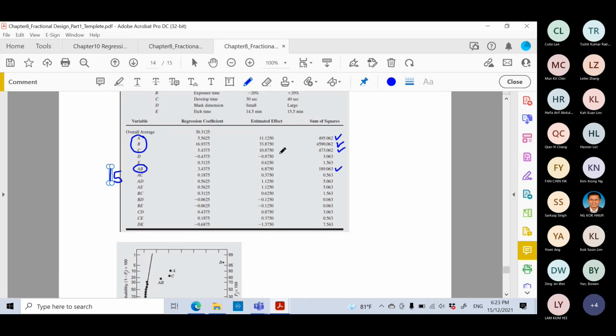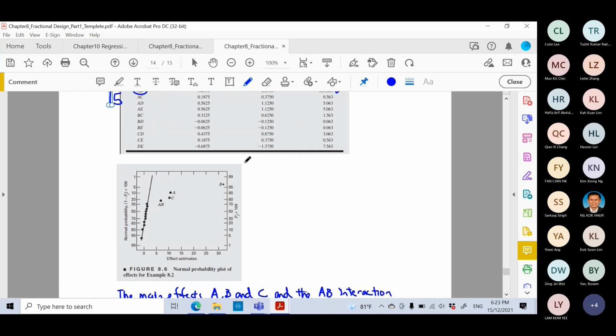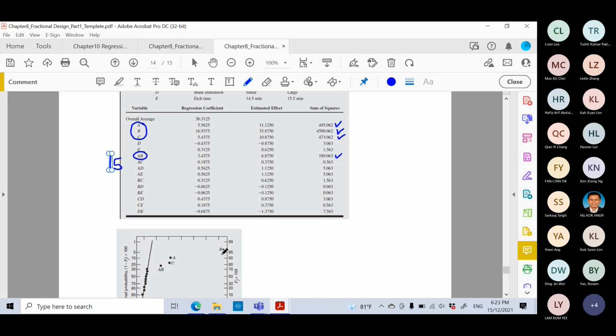But anyway, we can plot the normal probability plot. Based on the normal probability plot, you can confirm that all the effects here, A, C, B, and AB, are important factors. We can recall that these are the 4 factors here, but A, B, C, and AB do not purely come from the factor effect of A alone, because if you refer to here,